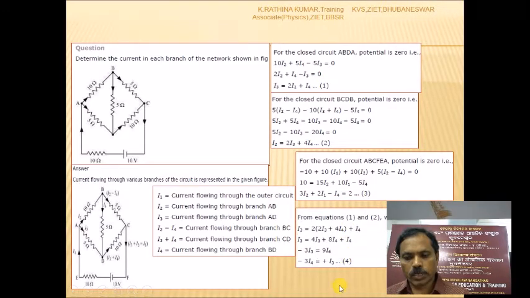Solving the three equations, we can get I3 is equal to 2 into 2I3 plus 4I4 plus I4. Taking these three equations, we can bring it here. Then I3 is equal to 4I3 plus 8I4 plus I4. Simplifying, multiplying and separating, 3 into I3 is equal to minus 9I4, so this will become minus 3I4 is equal to I3. Let us take this as the fourth equation.